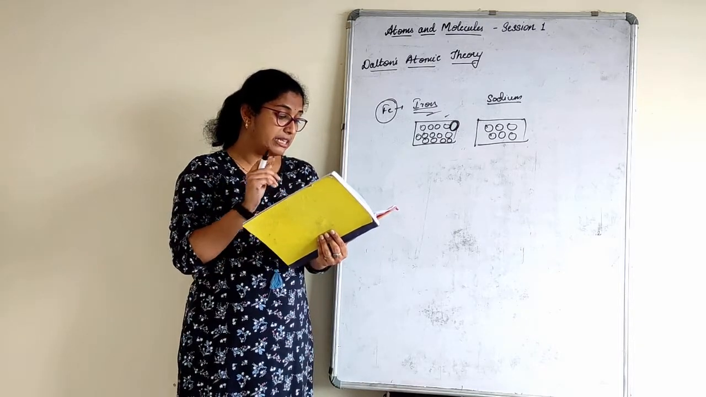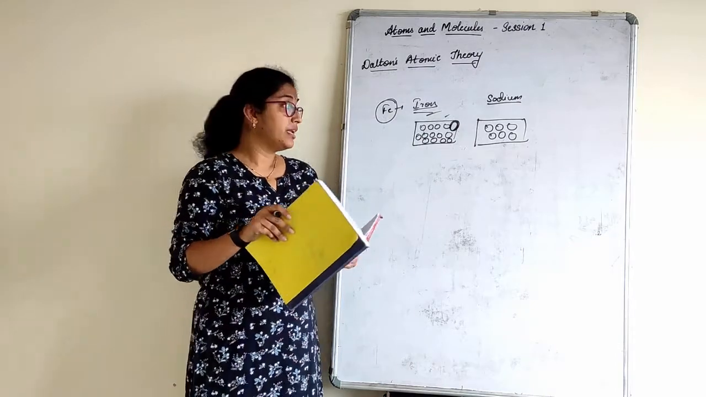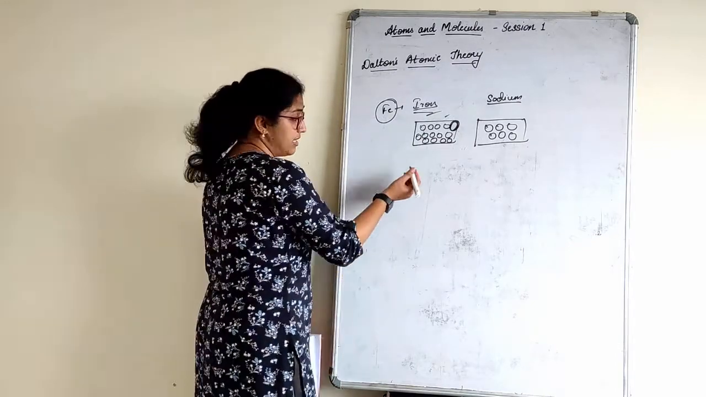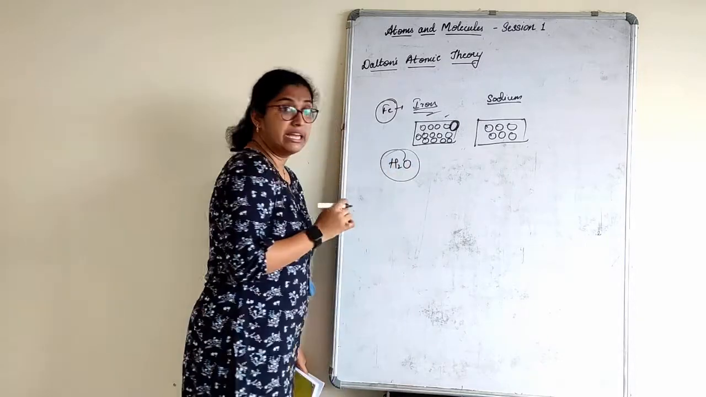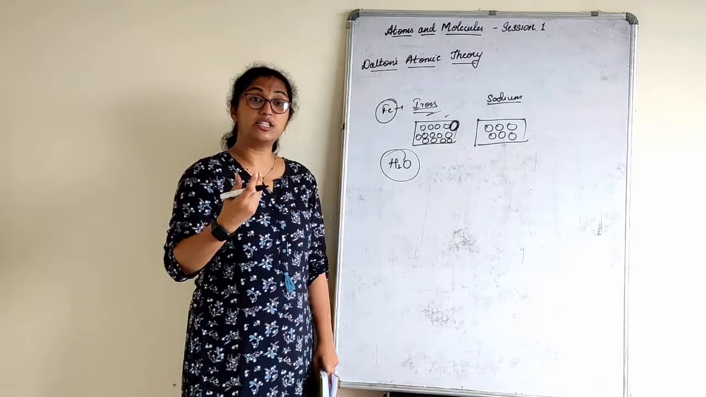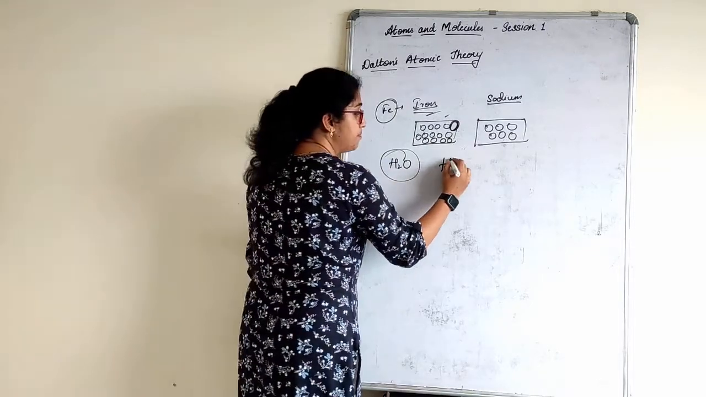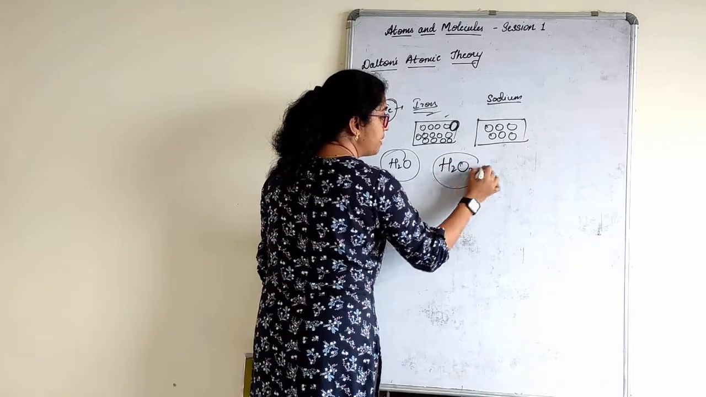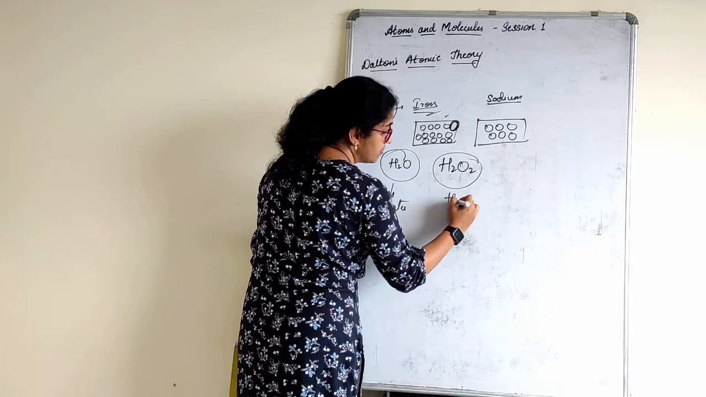Atoms combine in the ratio of small whole numbers to form compounds. Now, suppose hydrogen and oxygen have to combine. If I have to combine them, it has to be formed in a proper proportion. Otherwise, if I combine them in this form, I will not get water. This is water. This is